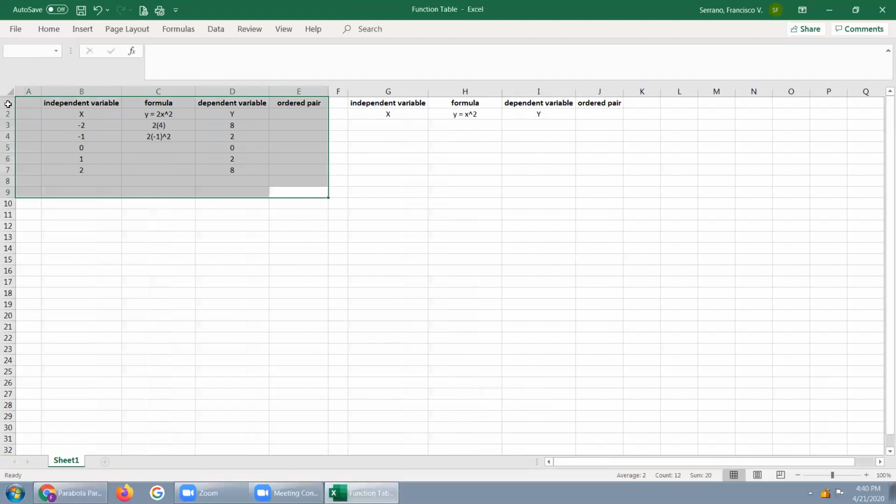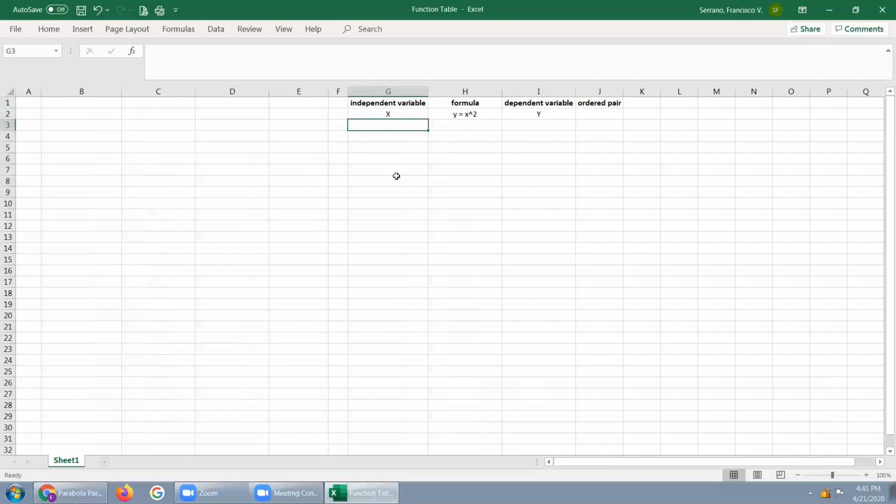That was from the first table. So now choose the same values. -2 for x. Remember, we are just choosing which points to graph. You use the points that are close to 0, like -2, -1, 0,